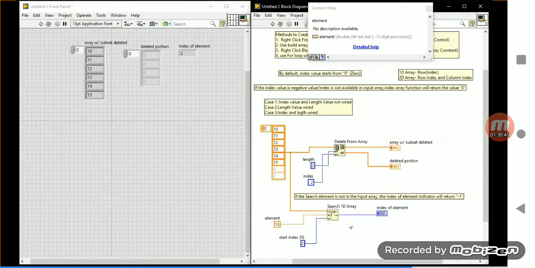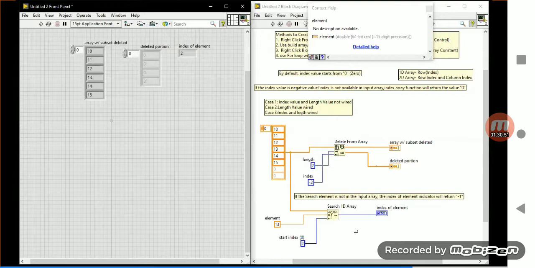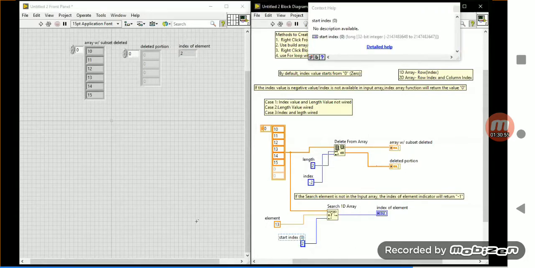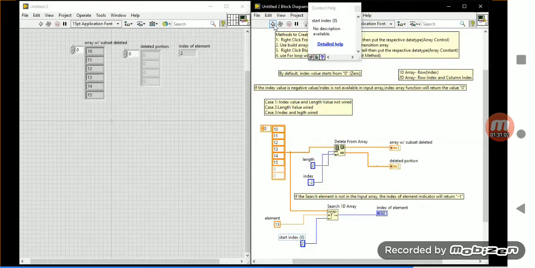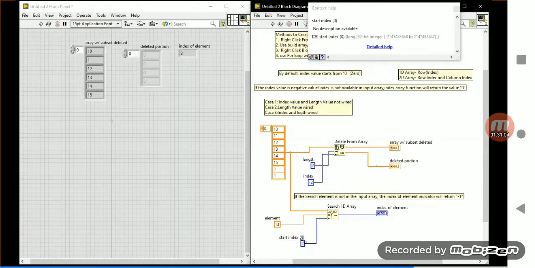Index 2, okay. My search element will be 13, my index value will be 2, 0, 3, okay. Answer is 3 only, okay.